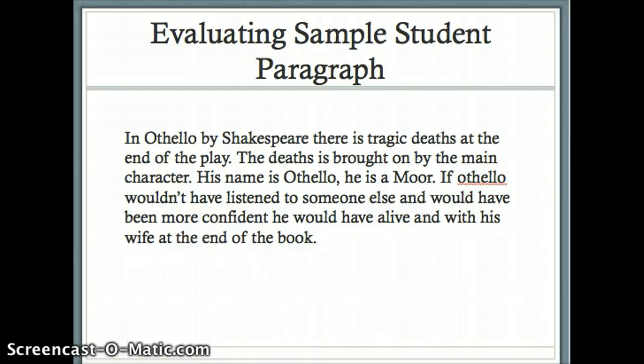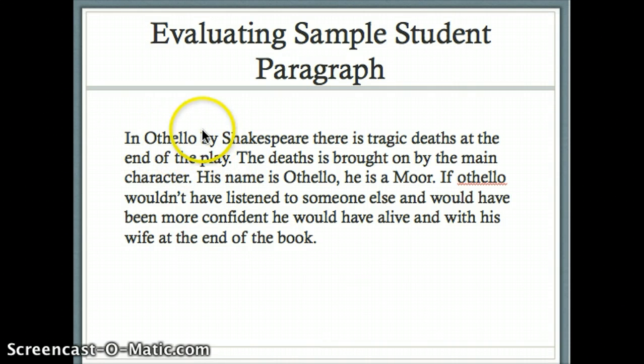So this student did not sort of revise their work very well, and they didn't read it over, and they didn't catch some of those simple errors that could have fixed this intro paragraph. Some technical things, so if you're thinking about the conventions of an English class, you would need to